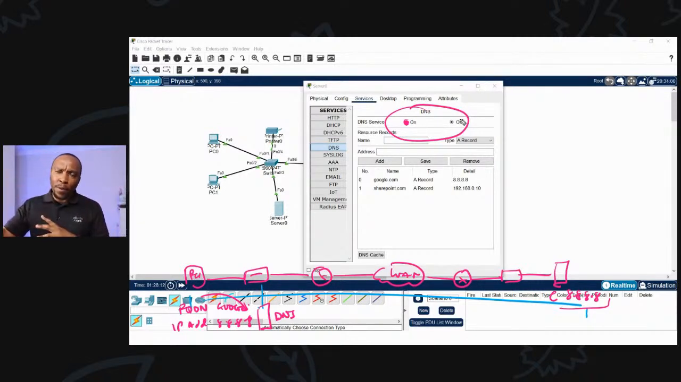I started from the web browser. It's a good way to do it, but it's not the best way. The best command to verify any DNS issues is a command known as nslookup. So if I go back to PC1